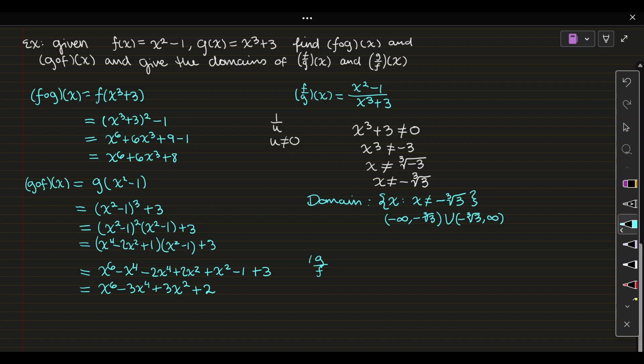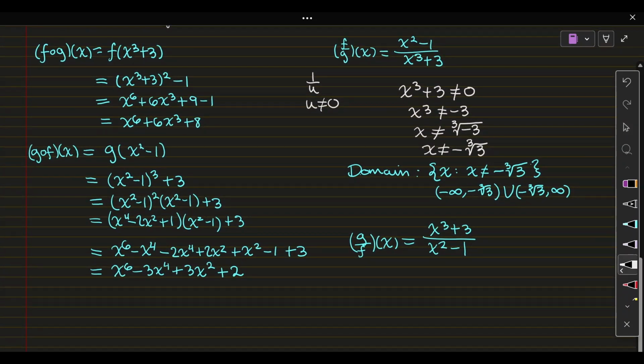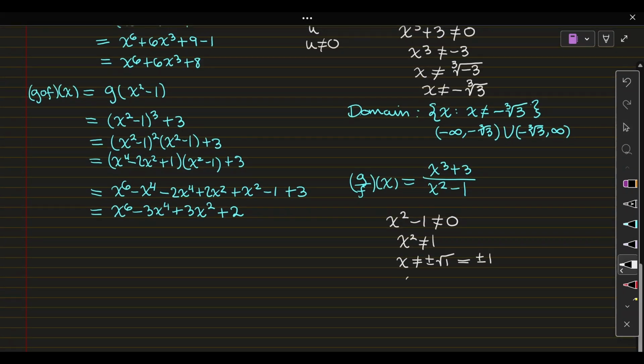So g over f of x is just g of x over f of x. So x cubed plus 3 over x squared minus 1. Again, my immediate reaction when I see a quotient like that is to set the denominator not equal to 0. I can't have it be 0. Otherwise, I'm dividing by 0. That's a no-no. So x squared minus 1 cannot equal 0. So x squared cannot equal 1. And taking the square root of both sides, noting that I have to do plus or minus, x cannot equal plus or minus 1, right? Square root of 1 is 1. So x can't be plus or minus 1,